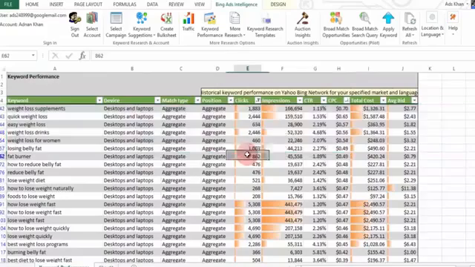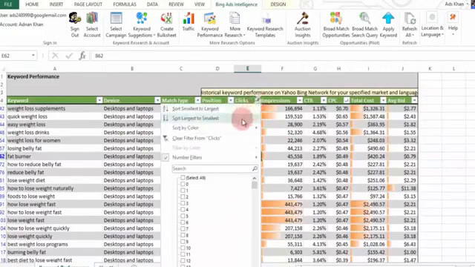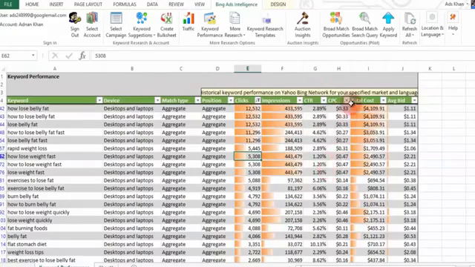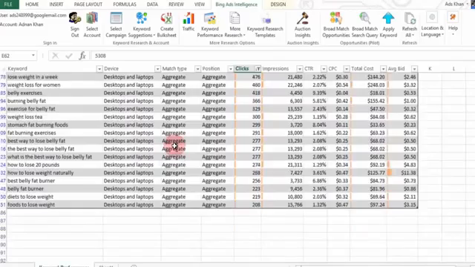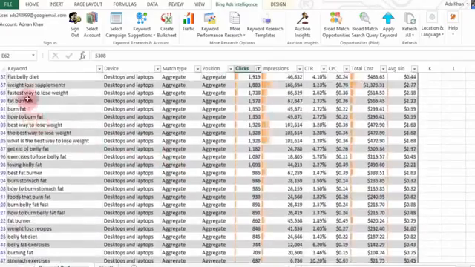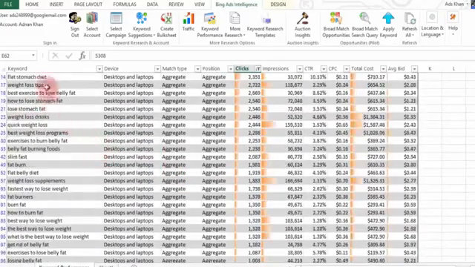So now I have a bunch of keywords that I know get 200 clicks a month, have a good click-through rate, and it's not going to cost me any more than 70 cents per click. So now that we have this, we haven't quite finished yet, because now that we have a good list of keywords, we want to find a list of keywords that are related to our seed